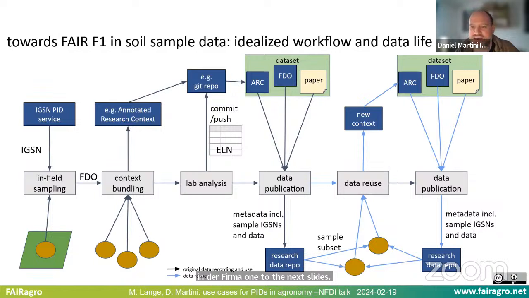This is some kind of idealized workflow that we would envision for the future. You do in-field sampling. At that stage already, you want to assign a persistent identifier to the sample so that it doesn't get exchanged or mixed up when carrying it to the laboratory. Within the laboratory, you typically could then build something like a context, so there are several samples within a study, for example. Then you do the laboratory analysis on these samples, determining parameters like pH value, content of certain chemicals, and things like that. And from that, you aggregate the data more. Several sub-datasets with samples might go into a single data publication, which then ends up in a research